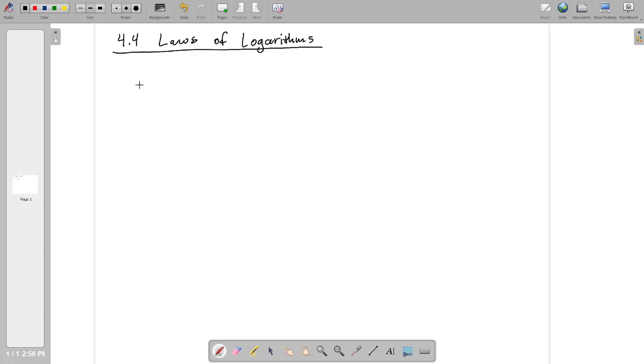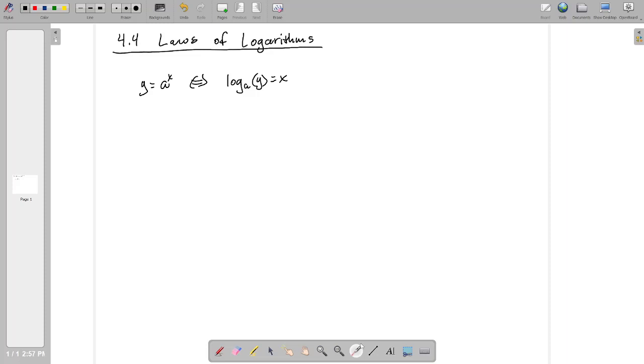So remember how a logarithm is defined. y is equal to a to the x if and only if log base a of y is equal to x. Now, I want you to notice here,